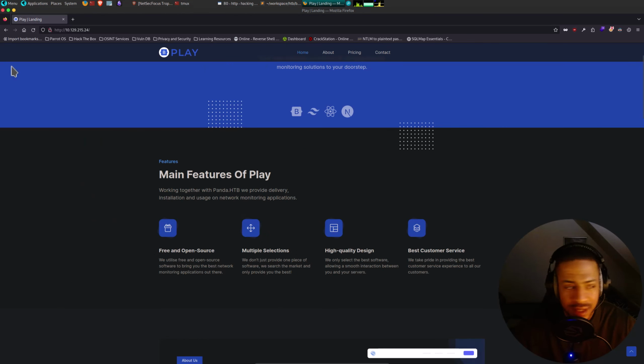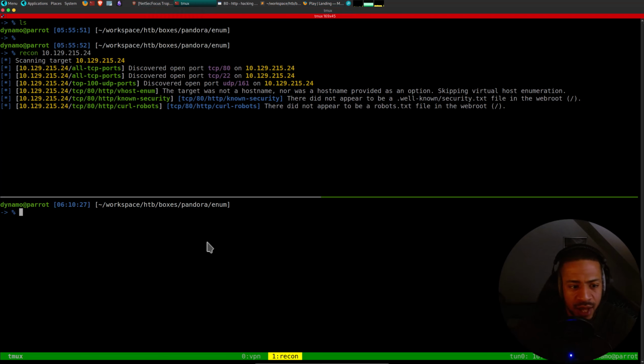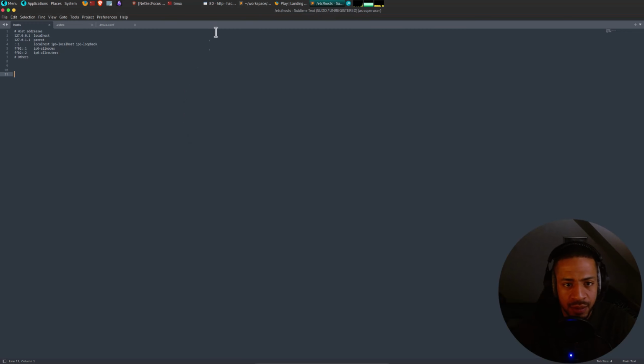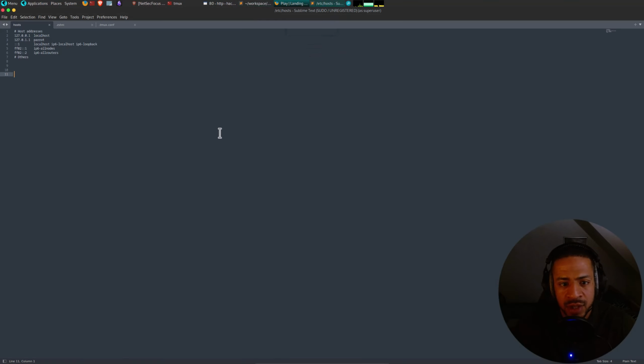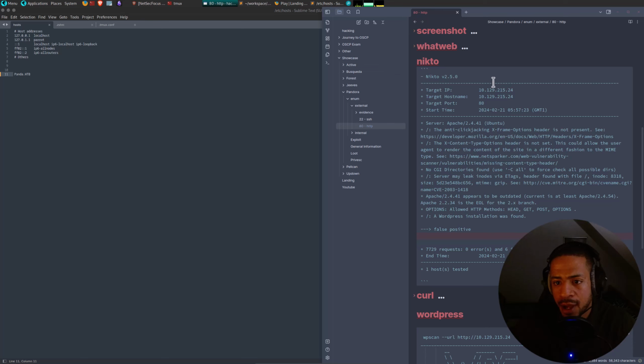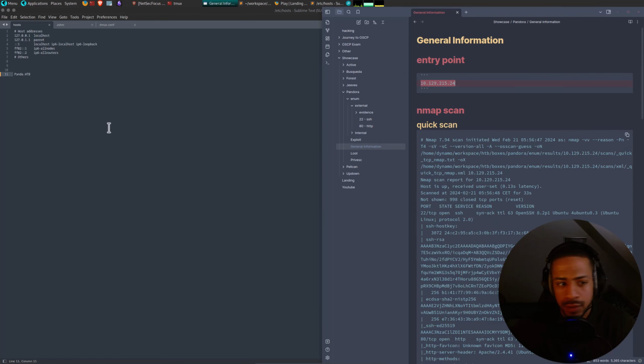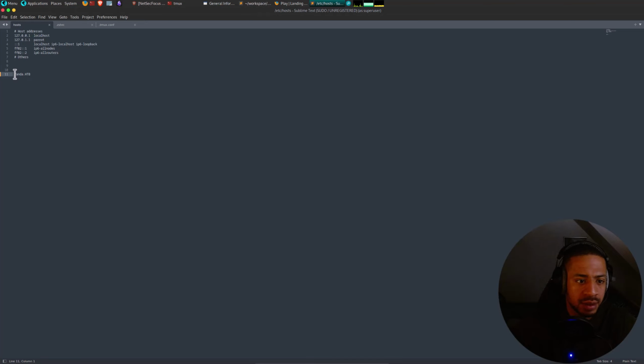Okay, two things about SNMP. Usually when I see it, I think immediately of information disclosure, because in the past I've found a lot of times in SNMP there was information disclosure. Before I get into that, let me just quickly do this. We have a host here, a host name. So let me just put that into here as well and get the IP like so.